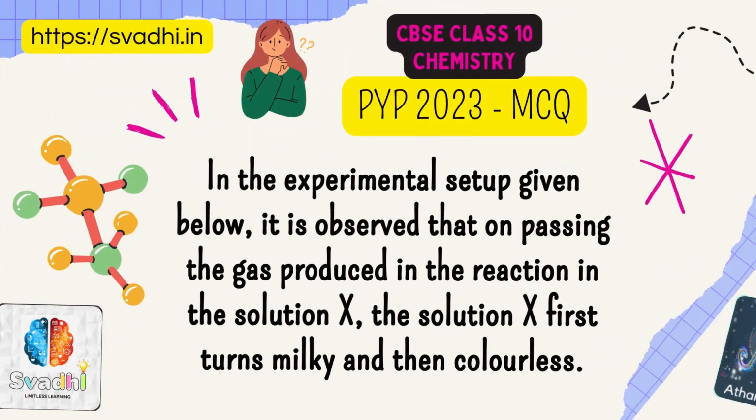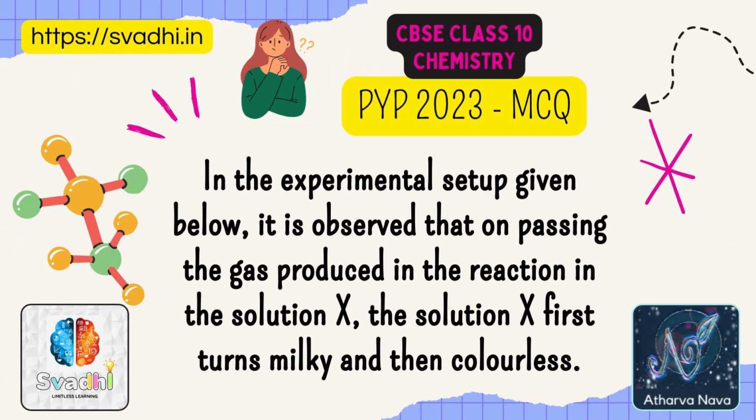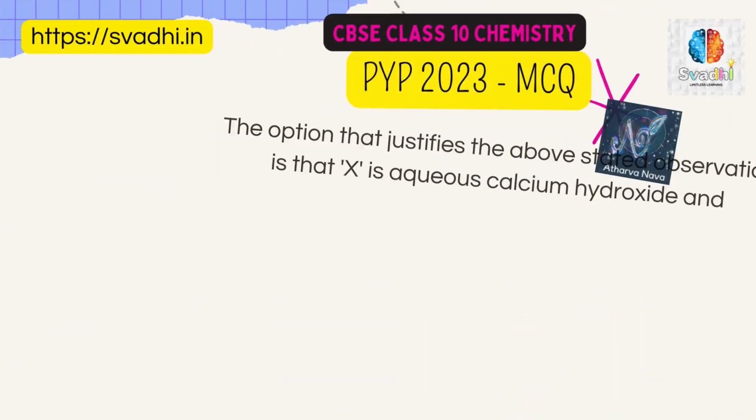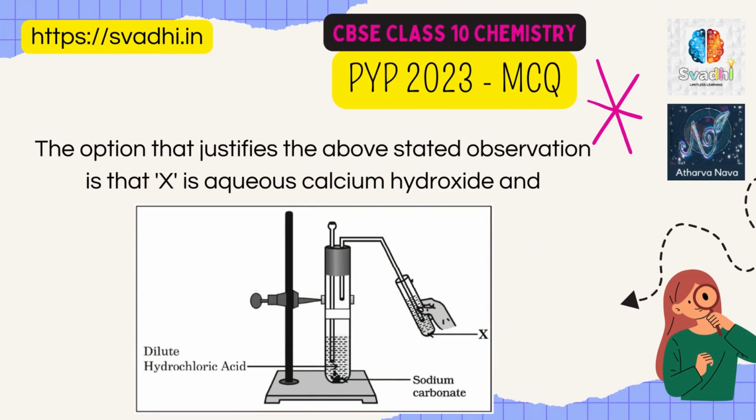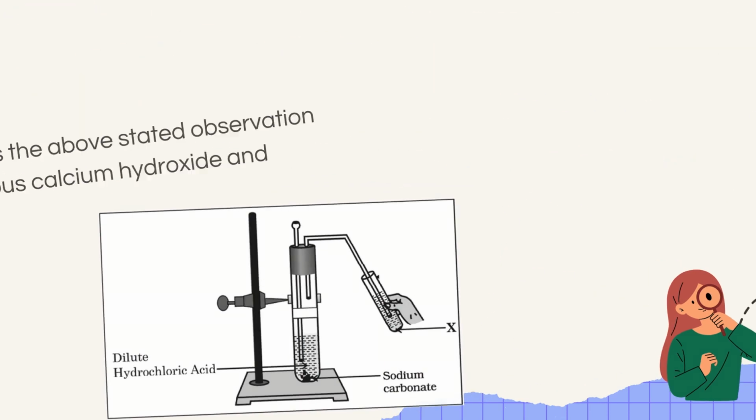In the experimental setup given below, it is observed that on passing the gas produced in the reaction into solution X, the solution X first turns milky and then colorless. The option that justifies the above stated observation is that X is aqueous calcium hydroxide and